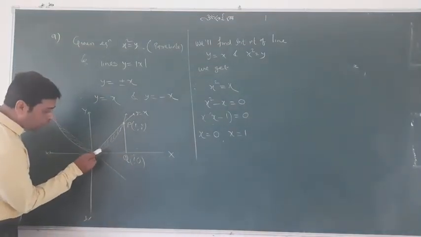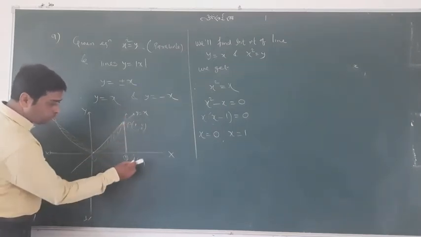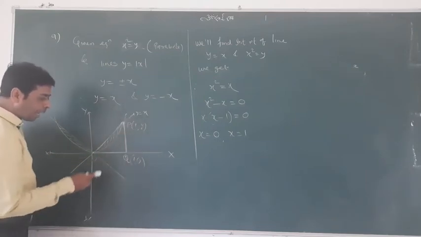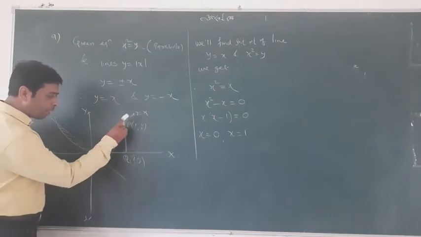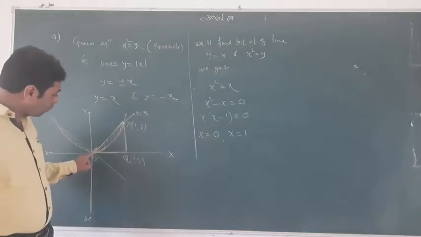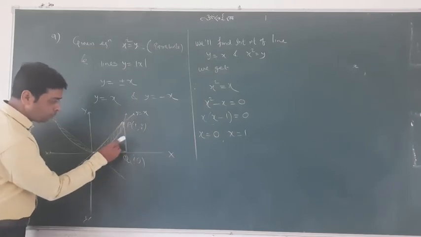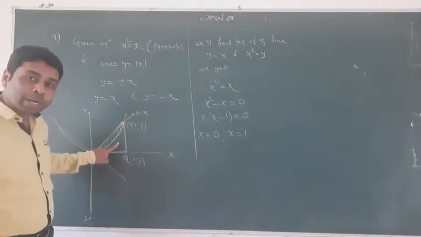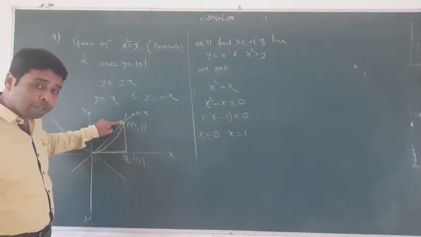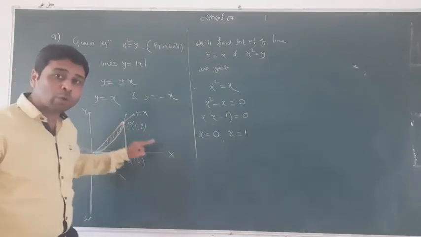First of all, I'll find the area covered by this line under the limit 0 to 1. Can you see this whole triangle? And second, I'll find the area covered by the graph again with the same two limits. So first of all, I'll find the whole area. Then second, I will find this empty region, this one. And then from the whole area, I'll subtract this one. So what will I do? First of all, I will find the area covered by the upper graph minus the area covered by the lower graph. So upper graph minus lower graph will be the answer.